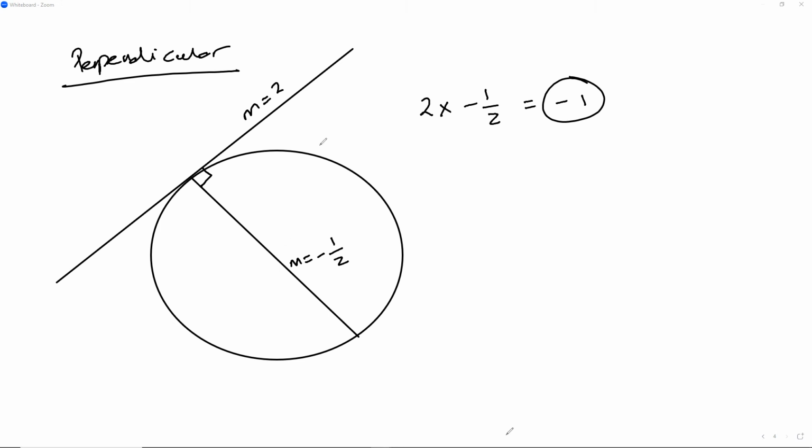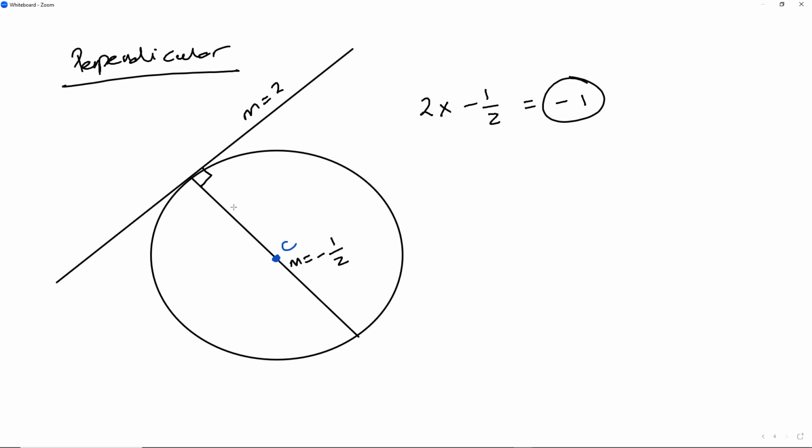Over here, I've got a perpendicular line, okay, because the gradient is 2 and the other is equal to negative half. And this has to go through the center, so some center O or some center C like that, okay? And from here,